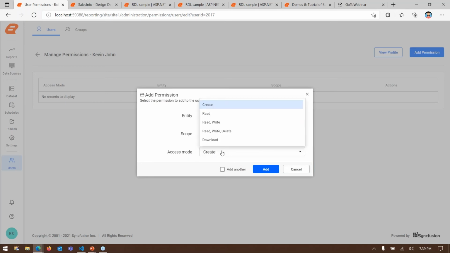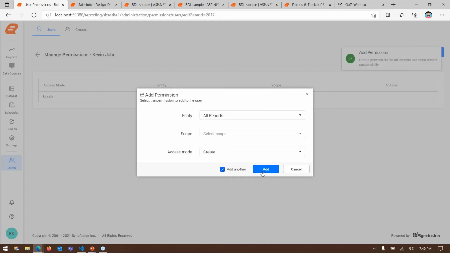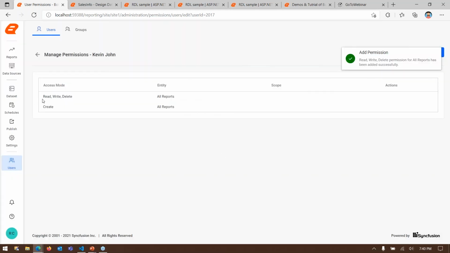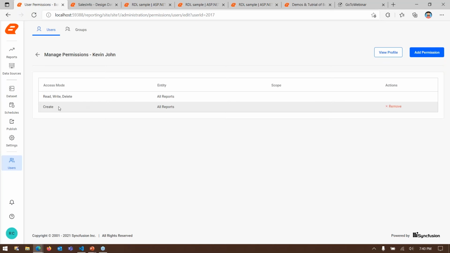And for all reports, I am going to provide create and read, write, delete. Since I am going to add another, let me enable this one and click on add. And let me select the next one and disable the add another and click on add. Now you can see, right, the user Kevin John has create and read, write, delete options.